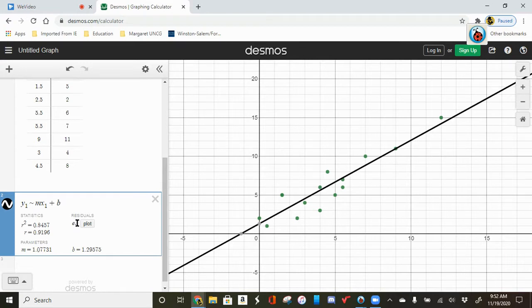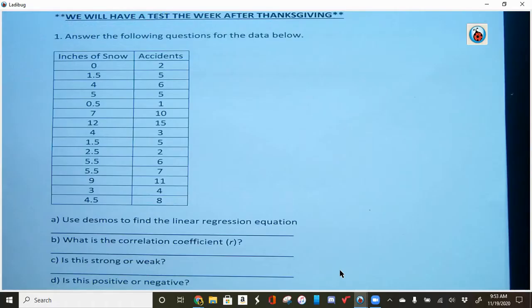correlation coefficient is, and I'm going to use all of the decimals. My correlation coefficient is R equals 0.9196. I have a slope of 1.07731, and I have a y-intercept of 1.29575. I'll go ahead and switch over to the document camera so I can write these numbers in where they're